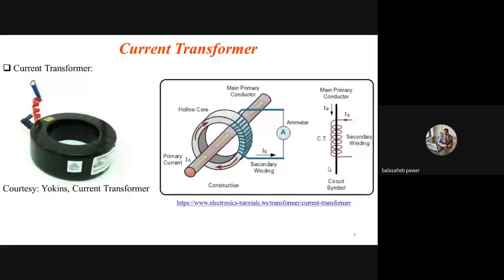Is it okay? Are you getting it? Okay. So 10:1 CT means that whenever there is 10 ampere of primary conductor current, the induced current in the secondary will be 1 ampere. It means the generated flux totally will not link with the secondary coil wound on that bobbin, and that's why the current flowing is 1 amp.